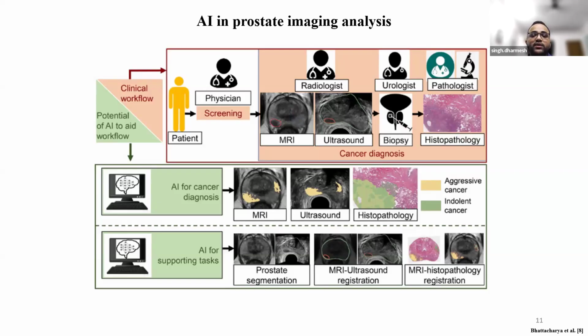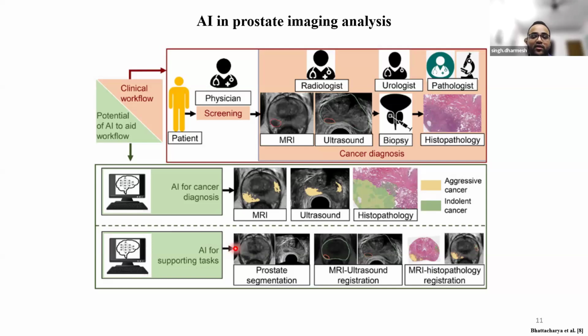But as we know, there are some limitations. It's time consuming and highly dependent on human interpretation, so there is room for variability at each step. Now if we look at the green section, this is where AI fits in. AI can support prostate cancer diagnosis directly by analyzing MRI, ultrasound and histopathological imaging,